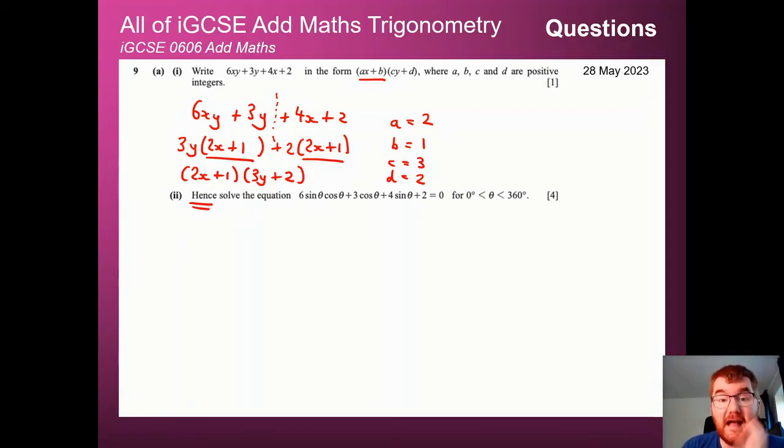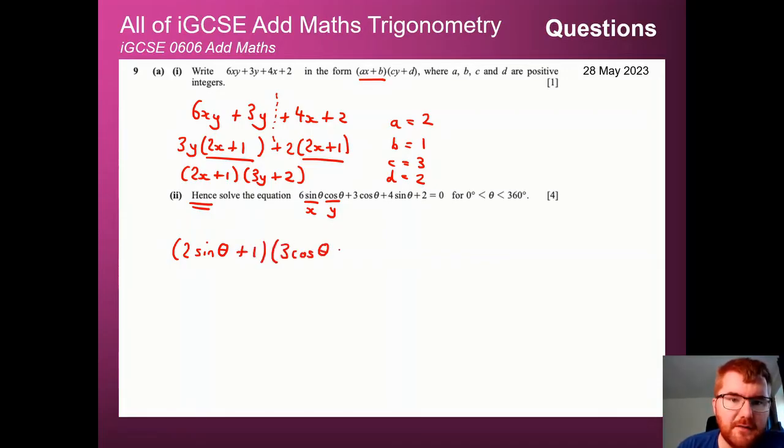So using what we have, can we actually work out this one? Notice, in this case, we've got 6xy. Well, in this case, our x would be the sine theta and the y would be the cos theta. Notice it follows the same pattern all the way through the question. You should always double check that. So therefore we can take our answer. Wherever we see an x, we put a sine theta. Wherever we see a y, we put a cos theta. Other way around. So we get 2 sine theta plus 1 multiplied by 3 cos theta plus 2